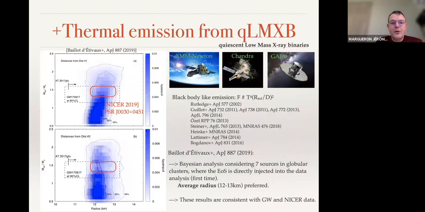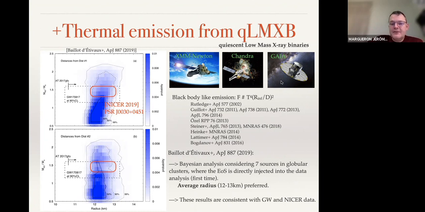There is also, a bit before, some analysis made on the thermal emission from QLMXB. These are quiescent low mass X-ray binaries using telescopes like XMM-Newton or Chandra, coupled with, for instance, distance measurements made by Gaia